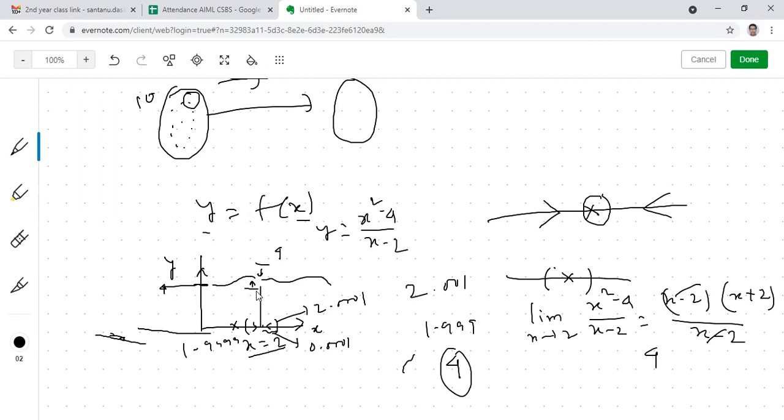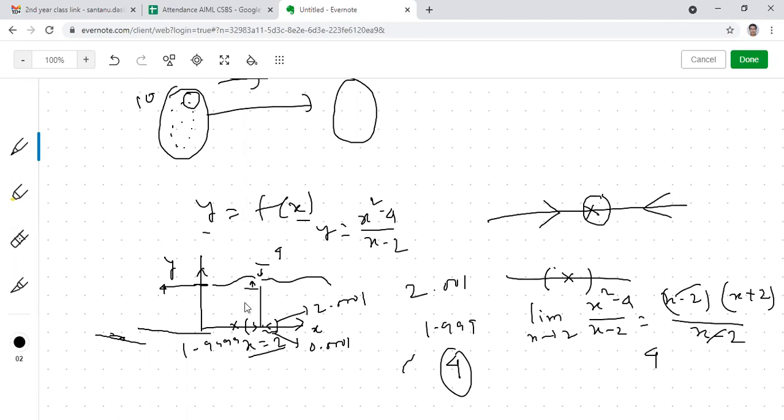But the main thing is that whenever we are approaching from the lesser values of 2 towards 2, the functional value is moving from the lesser values of 4 towards 4, but very close to 4. And whenever I am moving from the greater values of 2 towards 2, the functional value is also moving from the greater values of 4 towards 4, but in a very small region. So that's why I could say that the limit exists and the limiting value will be 4.